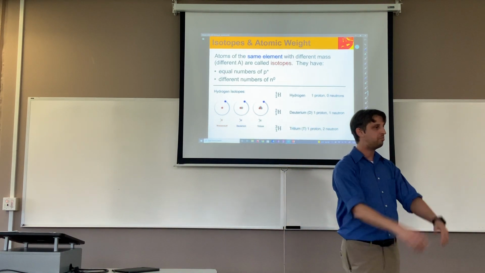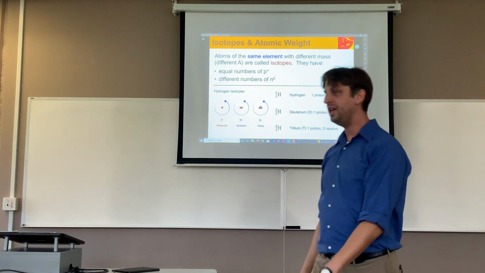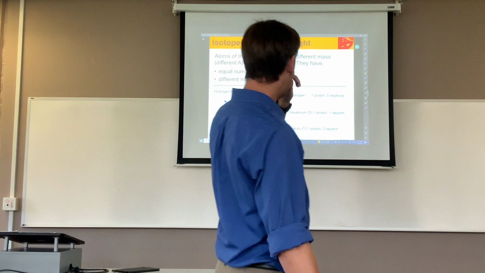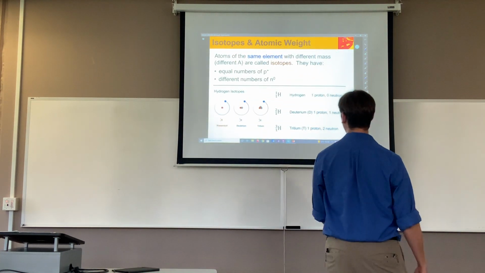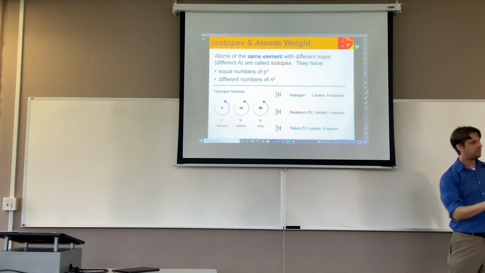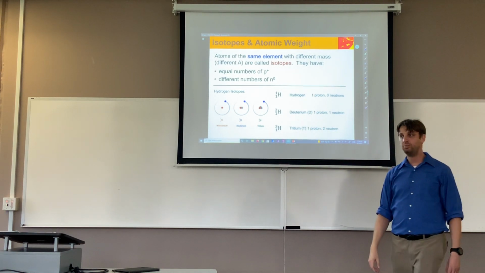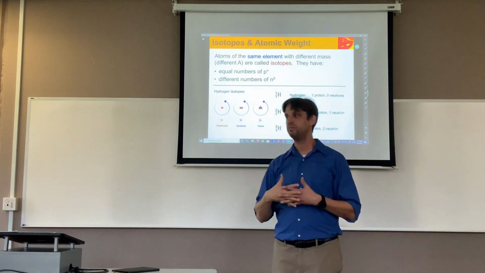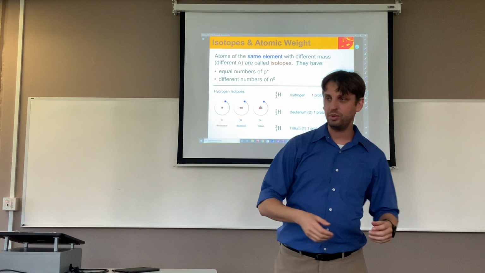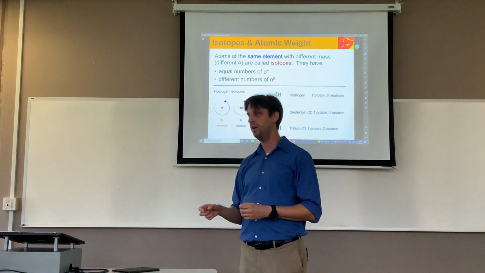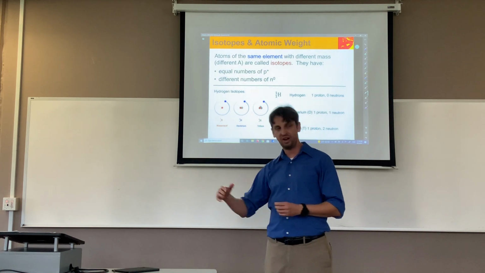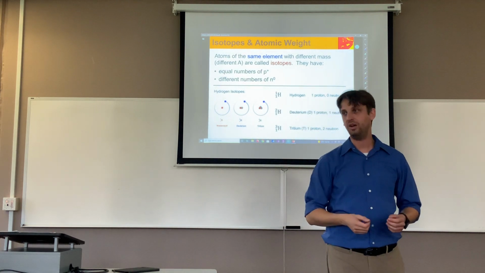All right, so there's our broad overview of the elements. Monoatomics, diatomics, these kind of things. The next thing we can chat about is the idea of isotopes. They're the same element. What defines an element? The number of protons. So if I have carbon, it's always going to have 6 protons. If I have an isotope of carbon, it's always going to have 6 protons. It's just going to have a different number of neutrons.